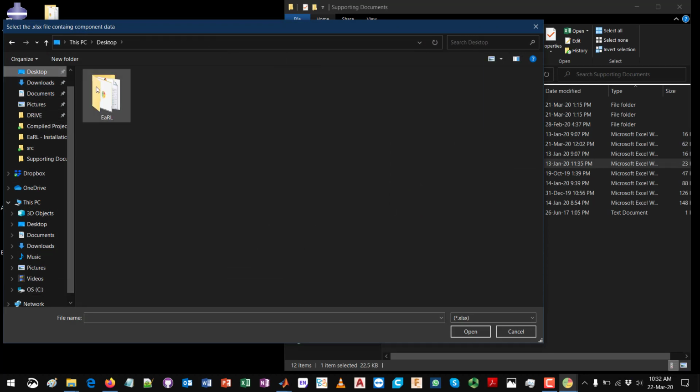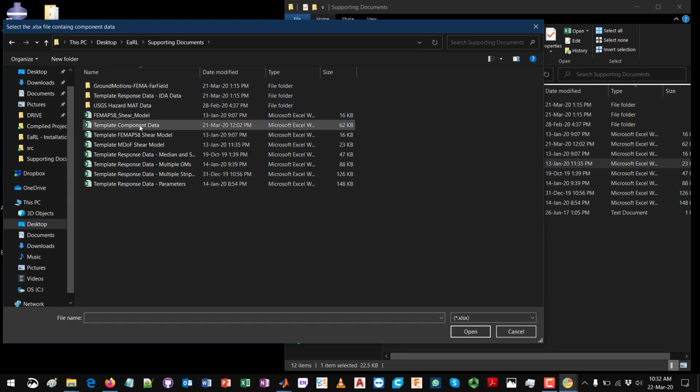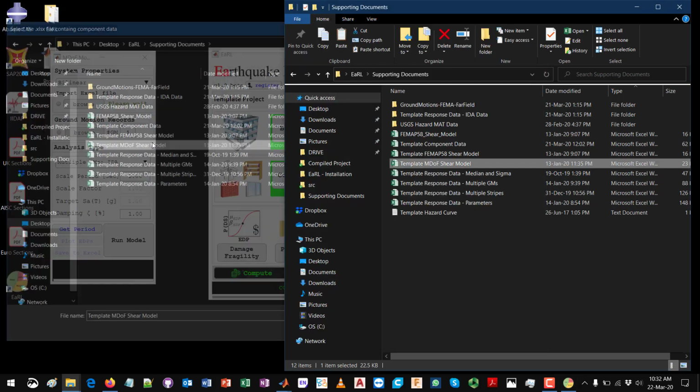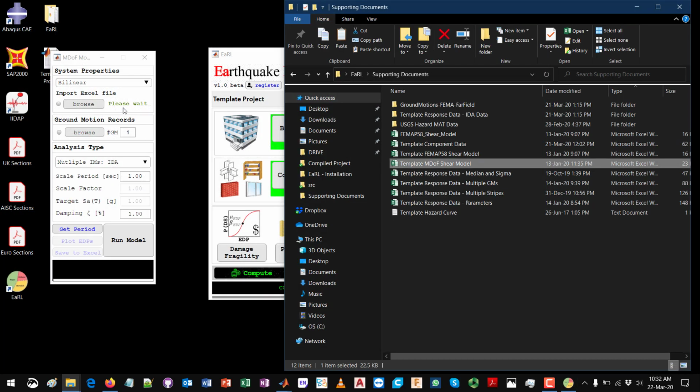Again, I had this on the desktop in the supporting document, and I will need to select it. So right now it says please wait, and then now it says export is okay, and this little light over here turns green,